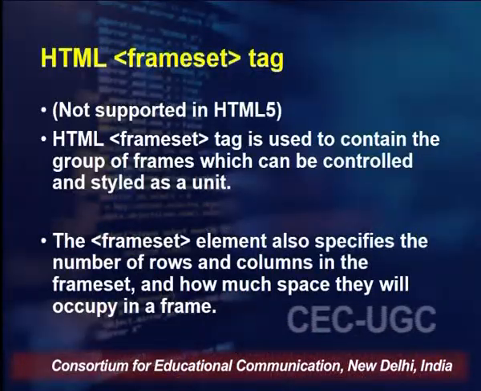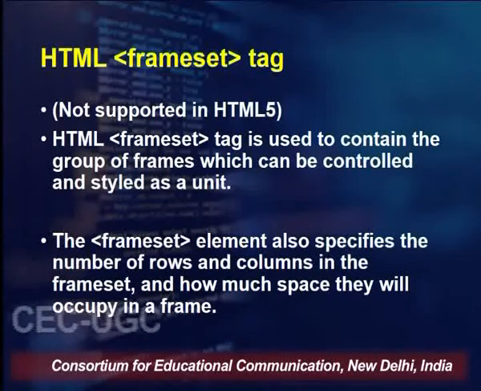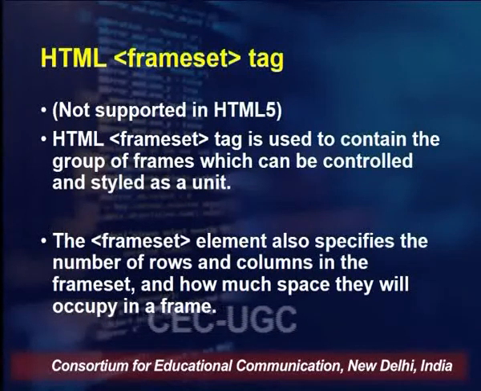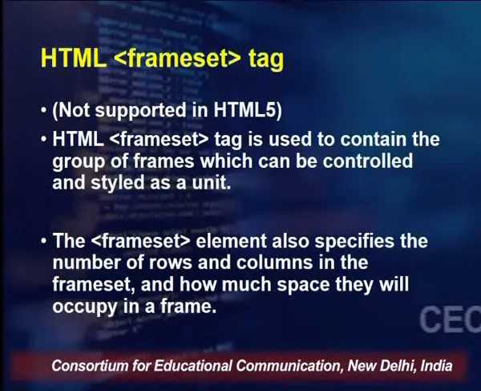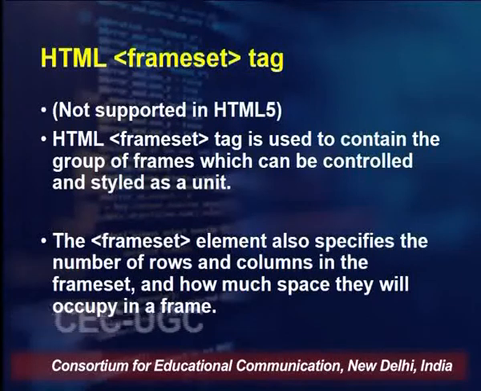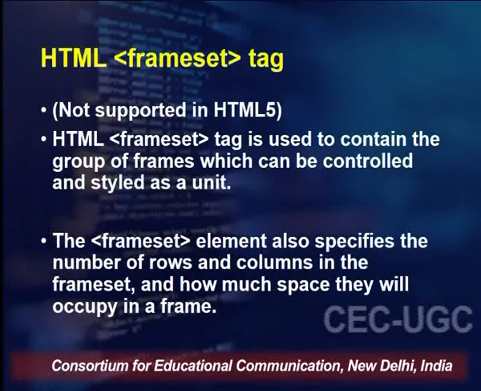Now basically the frameset tag, as I have already told you, is used to contain a group of frames which can be controlled and styled as a unit, and the frameset element also specifies the number of rows and columns in the frameset, and how much space relative to the total browser window they will occupy